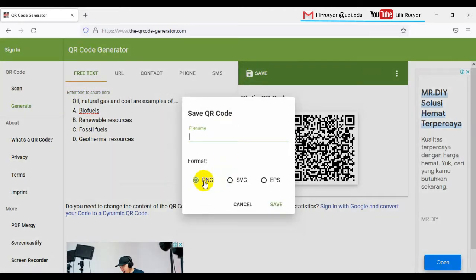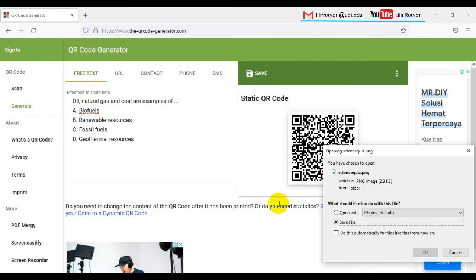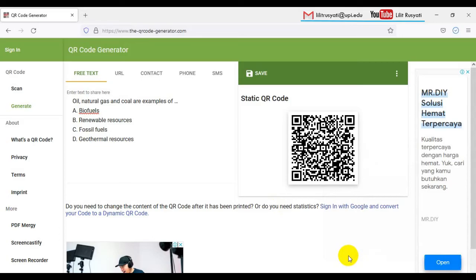Okay, you can save as PNG, SVG or EPS. Let's save as PNG. And then, what's your file name? Quiz, save. Okay, and then save. Okay, please check